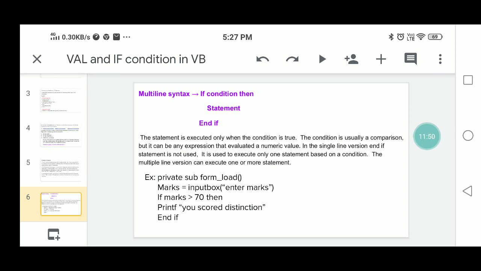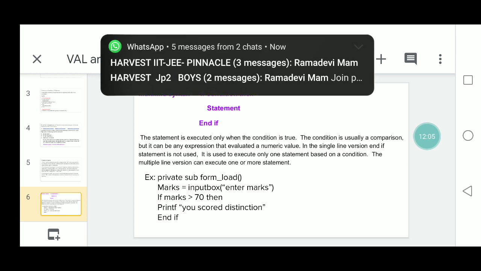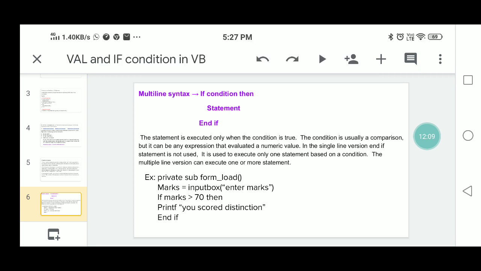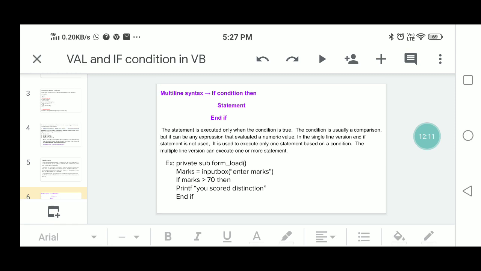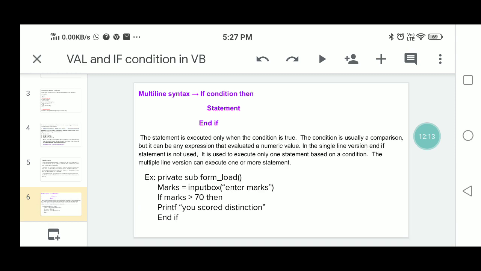Here is a multi-line syntax. If the condition, then execute the statements. More than one statement can occur. The statement is executed only when the condition is true. The condition is usually a comparison, but it can be an expression that evaluates to a numeric value.